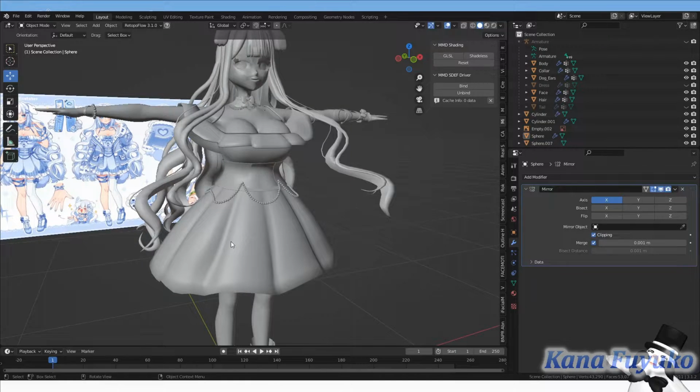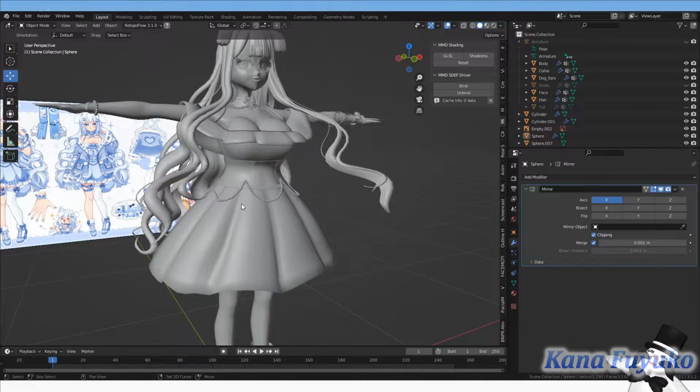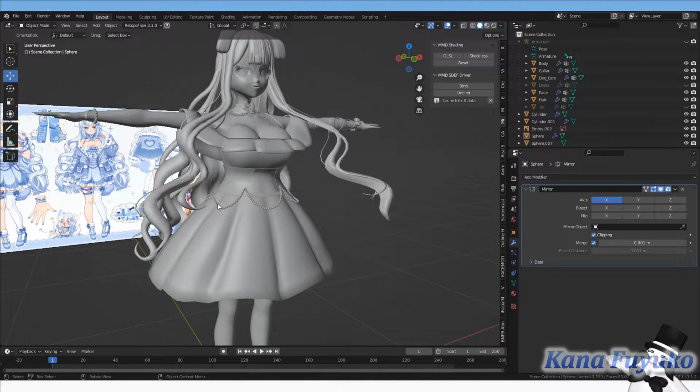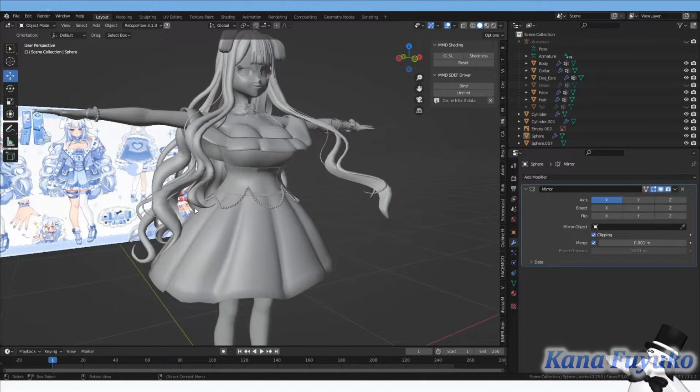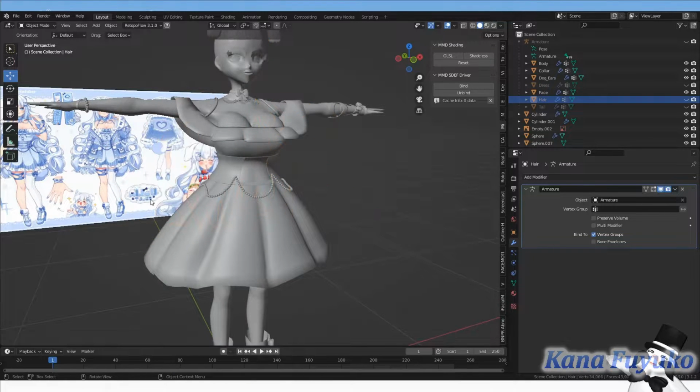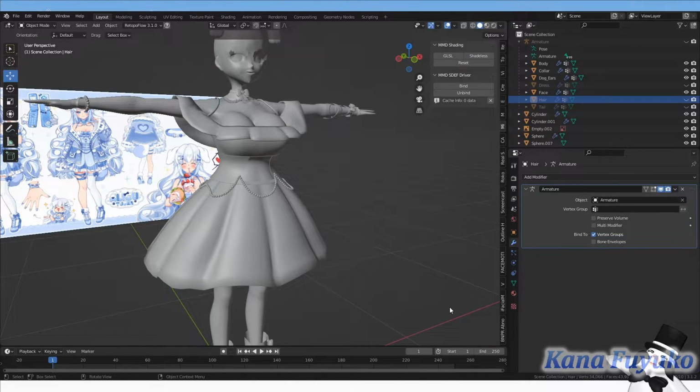Now, I will say before attempting this tutorial, I remind you, please make sure to have prior knowledge of weight painting, because I might go into a bit more advanced stuff, but I'll try to make this as beginner friendly as possible. So in case you are a beginner 3D artist and you're jumping into more advanced stuff, I should be able to explain it for you, but do keep in mind, we might go into some advanced stuff.